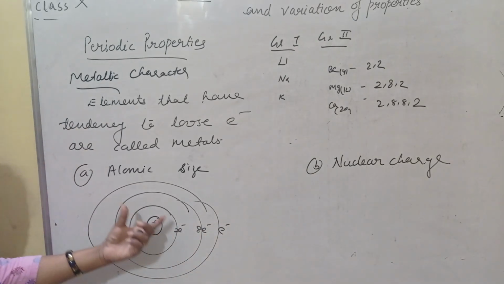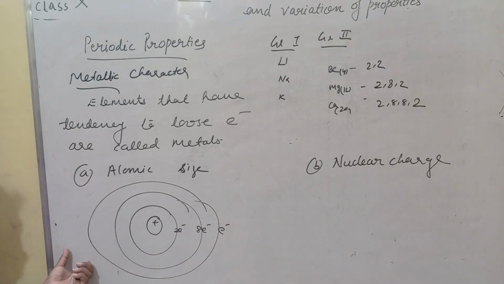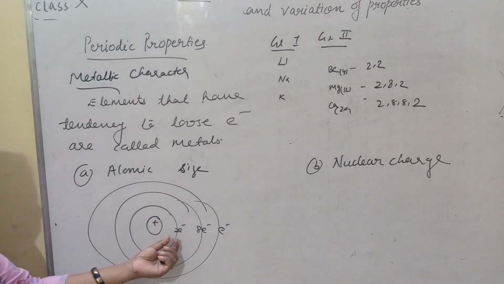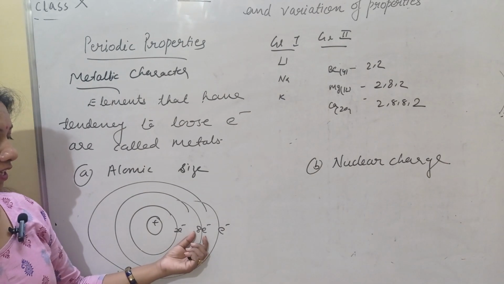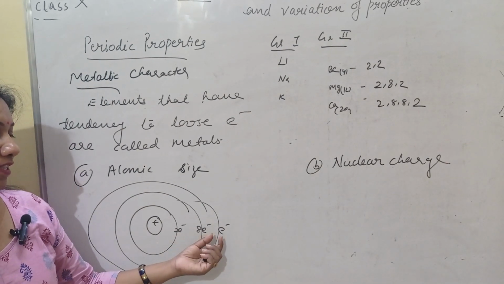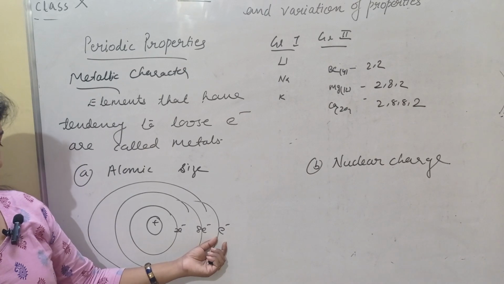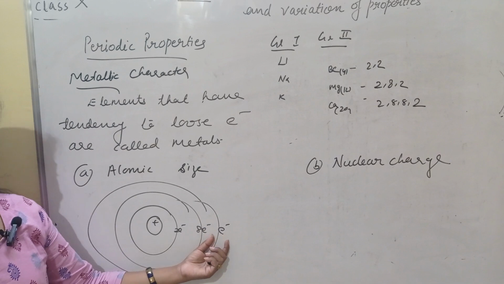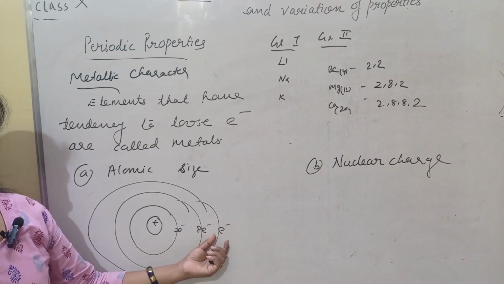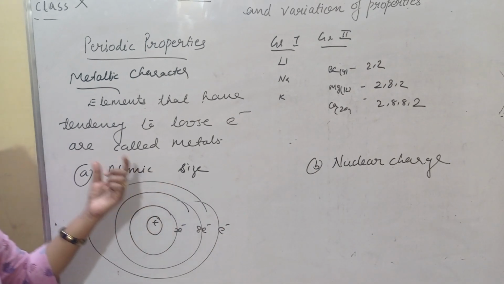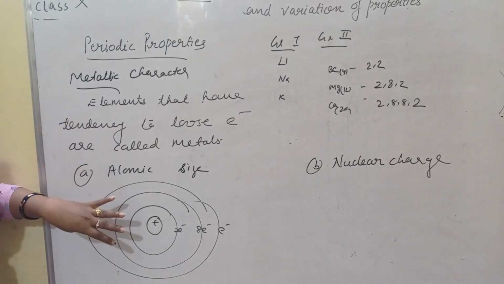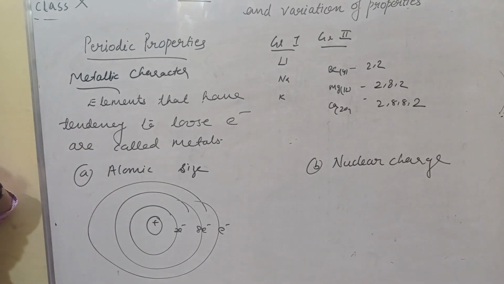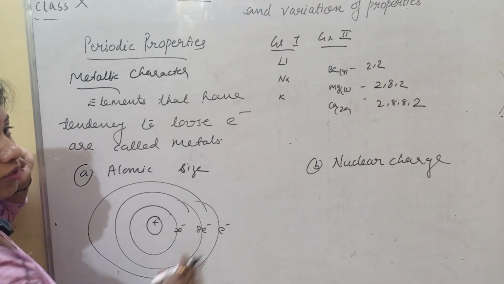This is the structure of sodium, and we know that sodium has 2 electrons in its first shell, 8 electrons in its second shell, and 1 electron in its valence shell. So what we want is the easy removal of the valence shell electron. Why? To see whether this element has metallic character or not, because for a metal this valence electron should be removed